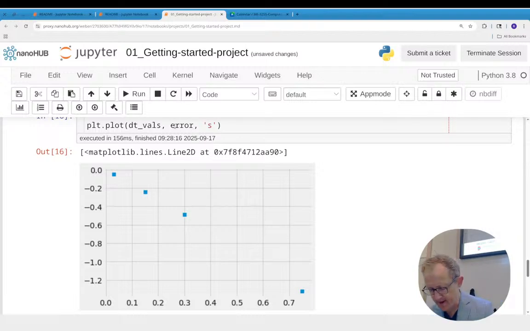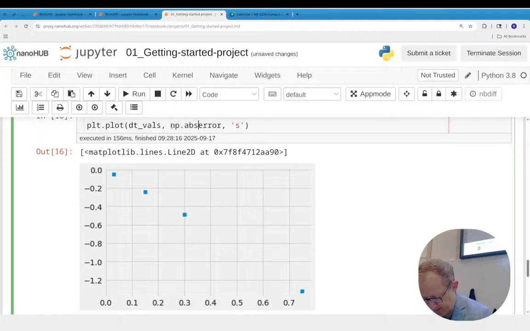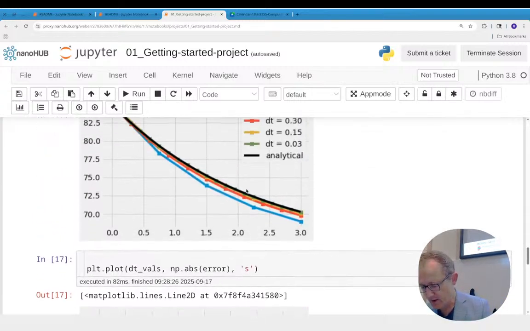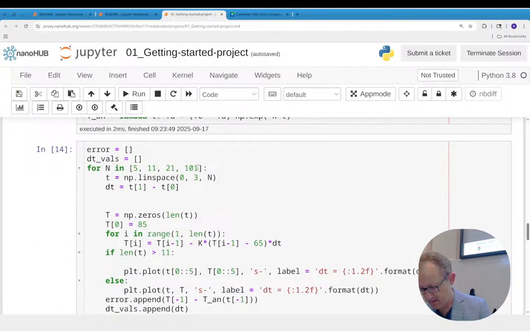And here it's negative, these errors, so let's make absolute value. Now we can kind of see smaller time step, smaller error, and with a plot like this, we're actually looking at error, like what is the difference between the value that I think it should be and the actual value that I calculated. Now we could go deeper, right? We could get